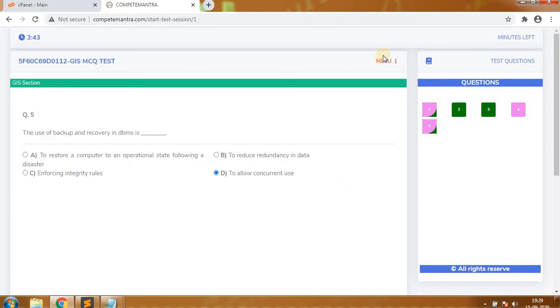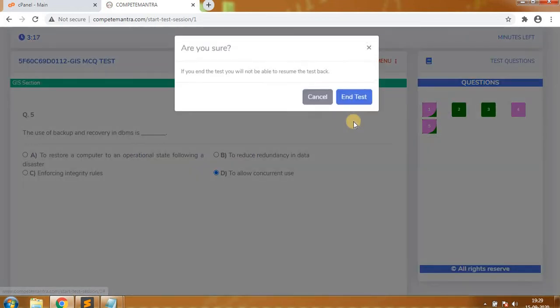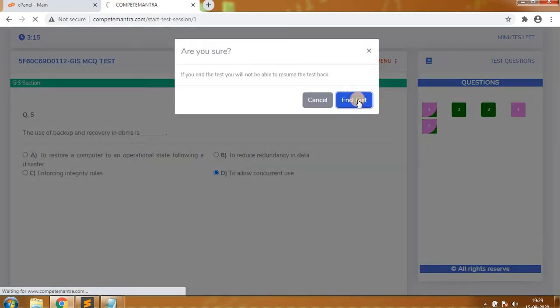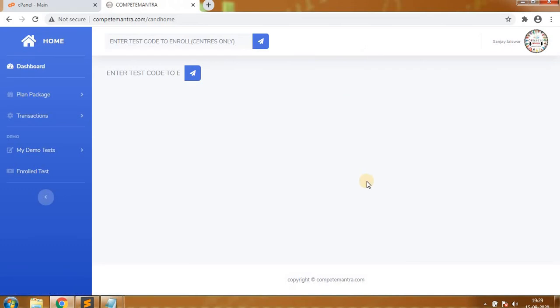So what he can do is go to this menu tab, which is a very important tab. You can maximize it, go full screen, or resume the screen. Then End Test. End Test means he can end the test and cannot go back to it again. If he wants, he can end the test, or after 5 minutes it will automatically be submitted. It will simply end the test, ask for confirmation, and the test is over.